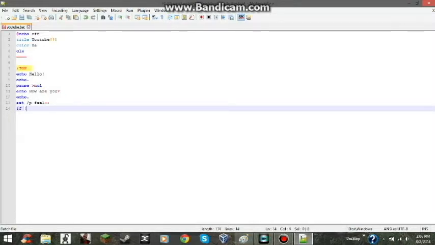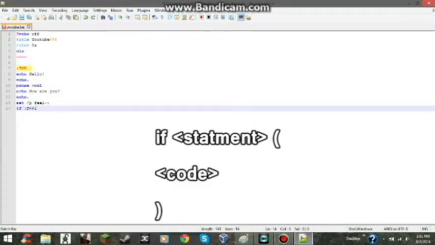And so we can make this more in depth by getting rid of all that. We can do if statements. Now, if statements allow you to test for something. So if it is true, or you could do if it is false. That's an if not, but we're going to do an if true. And you can do if feel equal, which is comparison, to good. So if feel is equal to good,